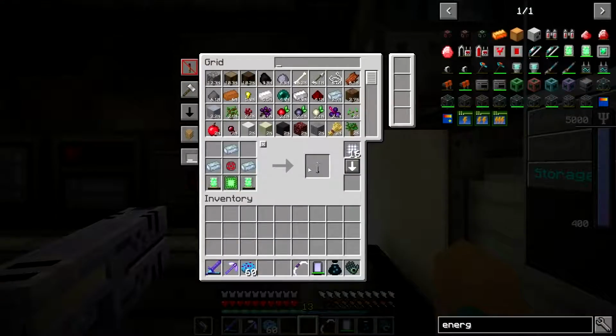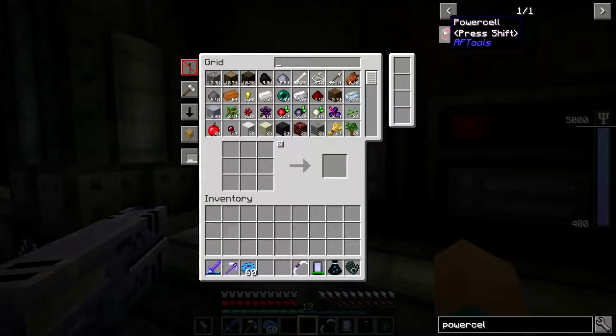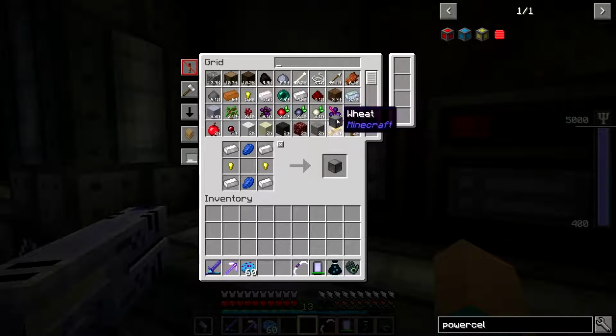The wind generators are pretty great because they work anytime, anywhere. They work better in the rain, but they work pretty much all the time. So we're going to go ahead and get 12 of those crafting, and in the meantime, I'm going to get